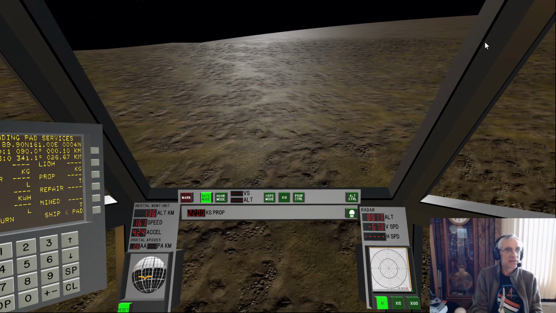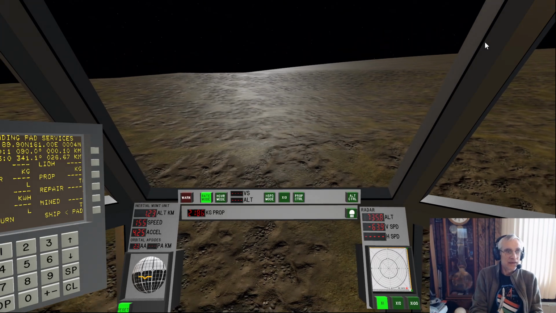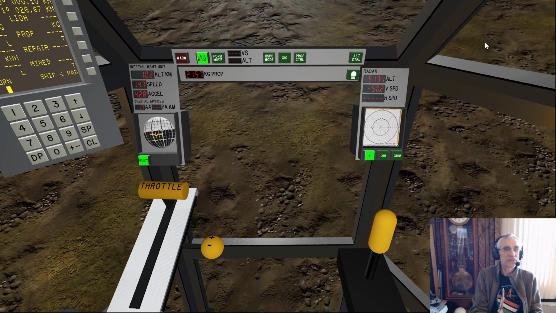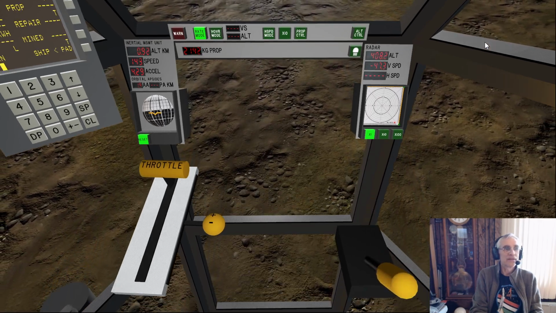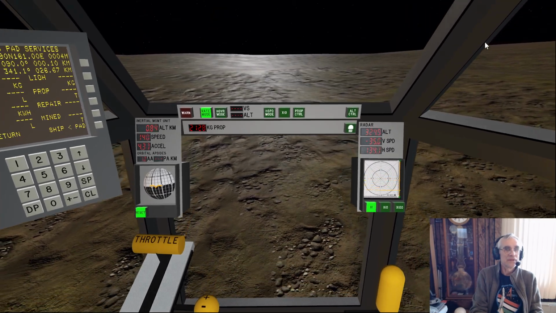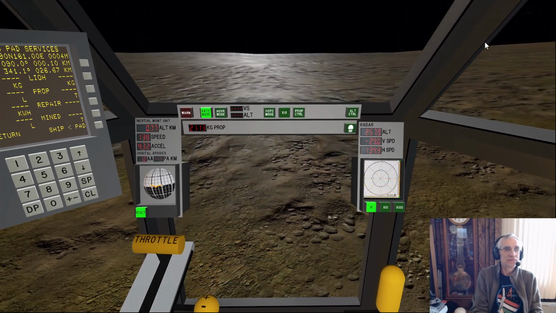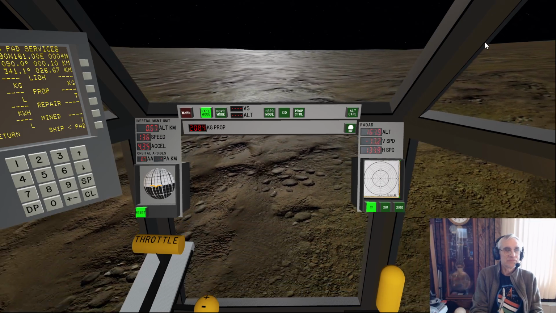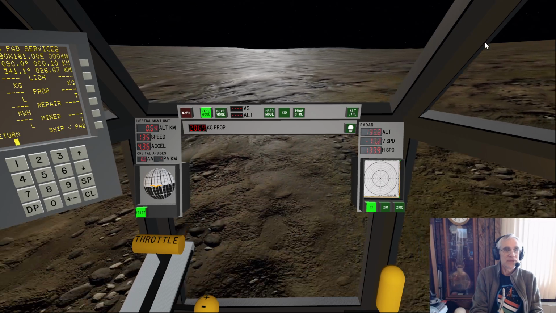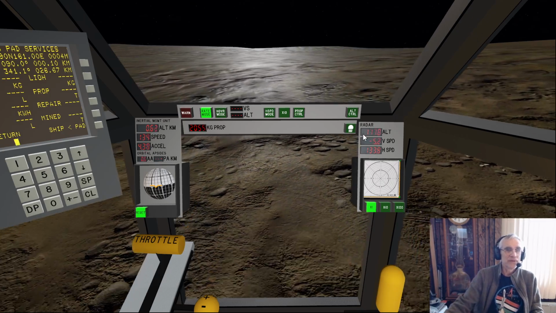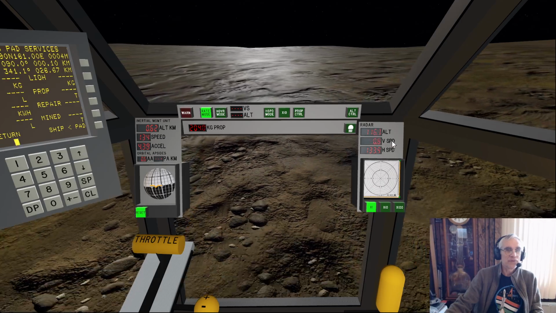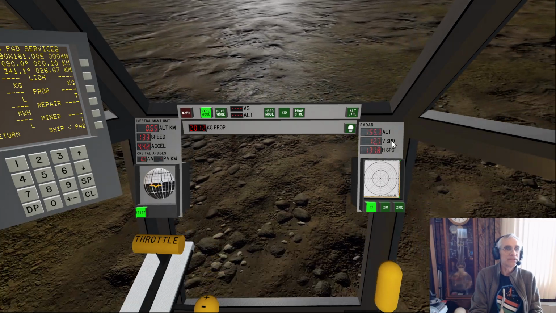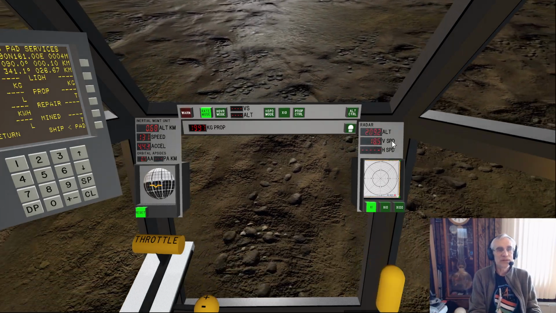Go to get it back again. I am dropping like a rock. A little worried I might crash. Level out. Arrest our fall if we can. You can see our vertical speed on the right. We are about to go up again. So we still need to arrest our backwards travel.